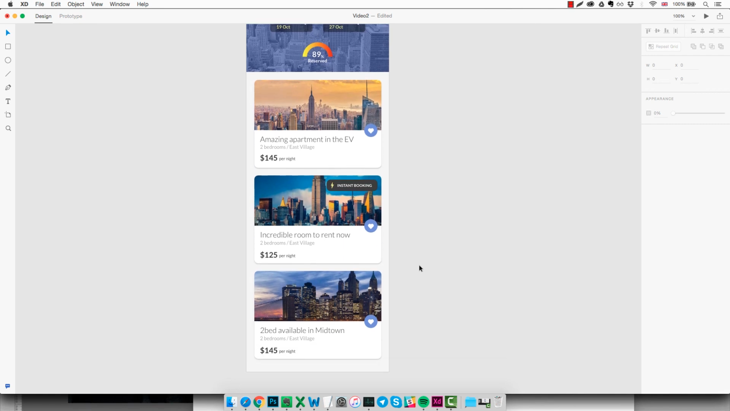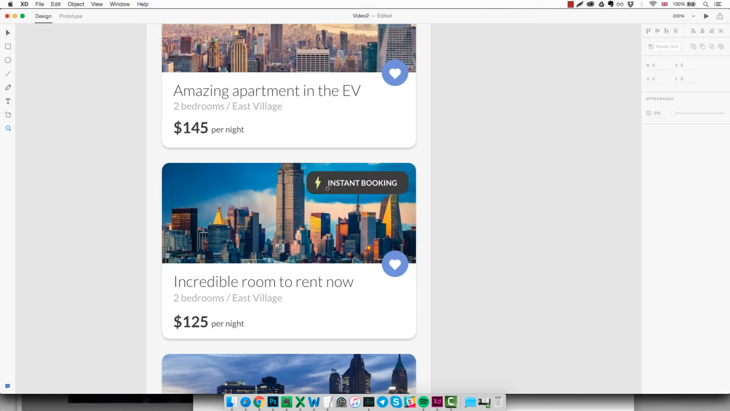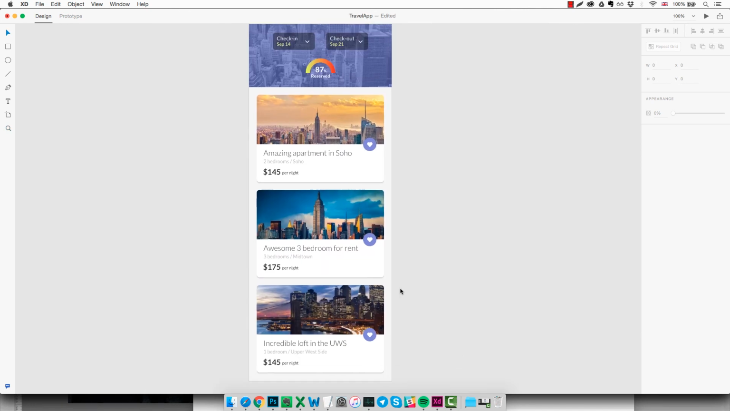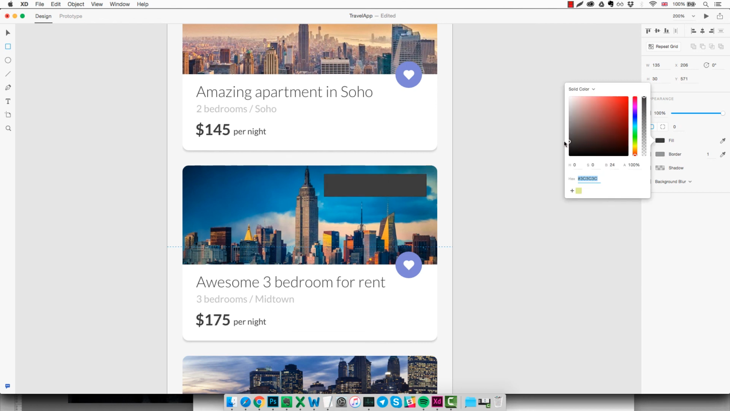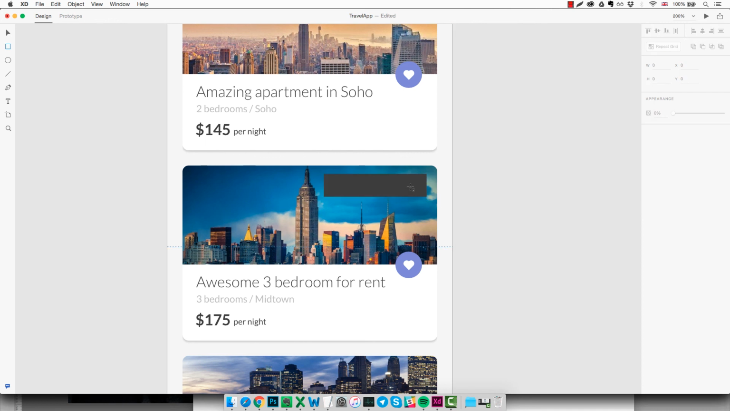I think the only thing missing is this instant booking little tag in one of the boxes. So we're going to do it by creating a new rectangle. Let's zoom a little bit here. We remove the border, we change the fill to a dark gray, something like this, and we change the radius to 8 pixels,